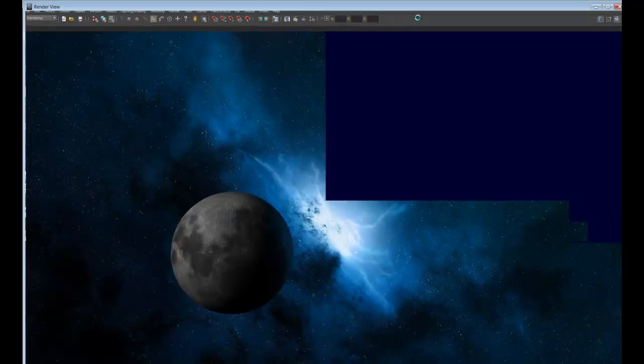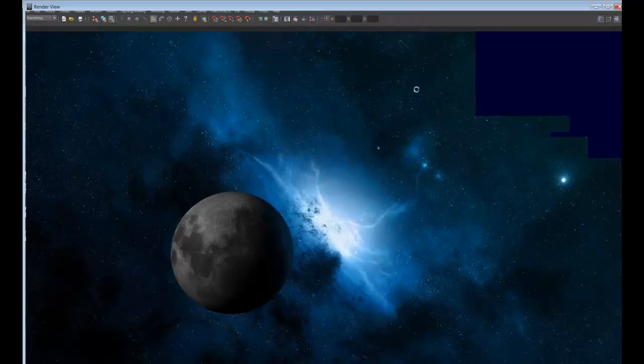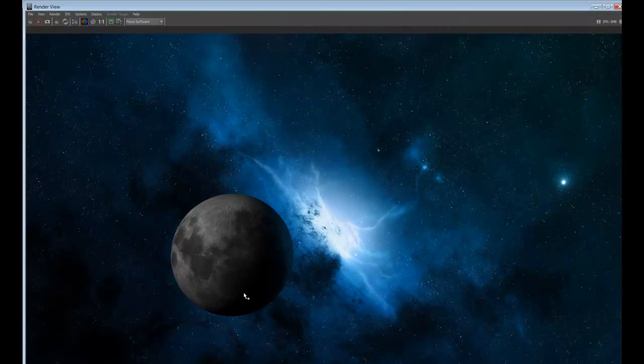I mean, it is dust, so it's not going to have a ton of reflection on it, but you can kind of see a little bit of that, and you can adjust it and make settings the way you want it to look, but this is kind of the way I